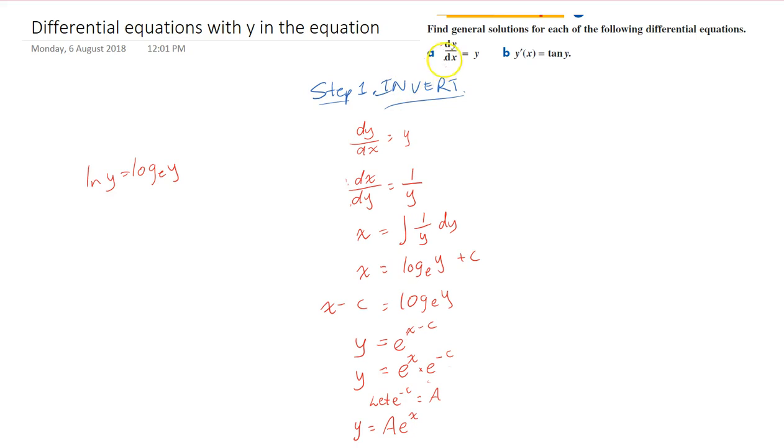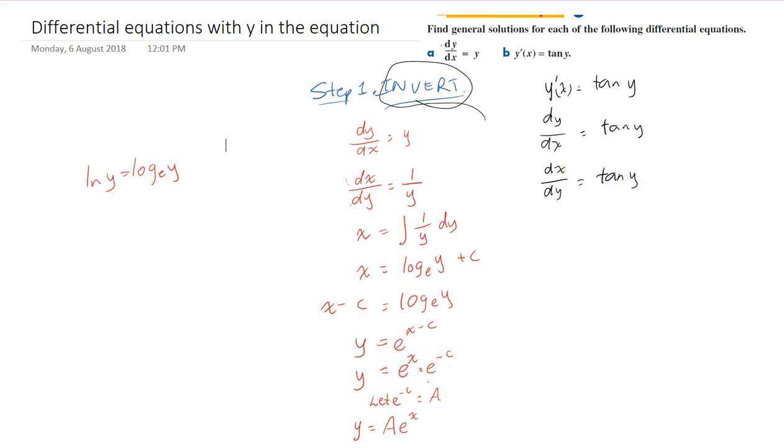All right, so that was the first one. The second one is y dash x equals tan y. I might just write that in the familiar notation, dy/dx equals tan y. Again we've got the same problem: our equation has y in it, so we've got to do our little inversion trick. So we can say dx/dy equals